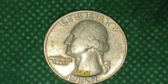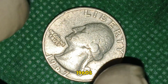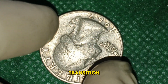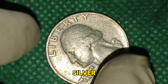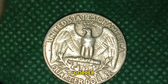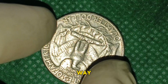Now, let's fast forward to the year 1967. It was a unique time for U.S. coinage. The mid-1960s had seen a massive change in how coins were produced, and 1967 was right in the heart of that transition. Up until 1964, quarters were made of 90% silver. But starting in 1965, the United States Mint switched to a clad composition of copper and nickel due to the rising cost of silver. People were hoarding silver coins, and the government had to find a way to keep coinage